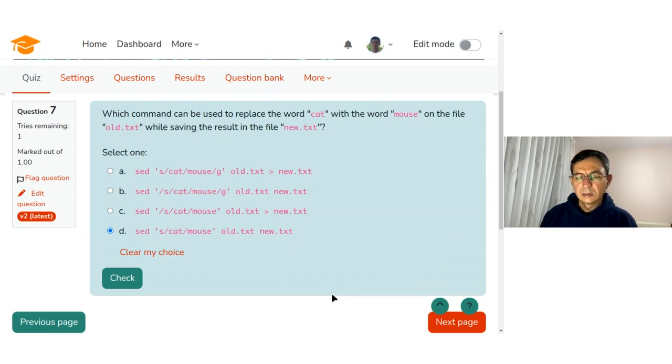What should be the correct answer? For example, these two commands seem very similar to each other, but they have some small differences. Which one of these should be correct? I think it's answer A. Yes, A is the correct one because